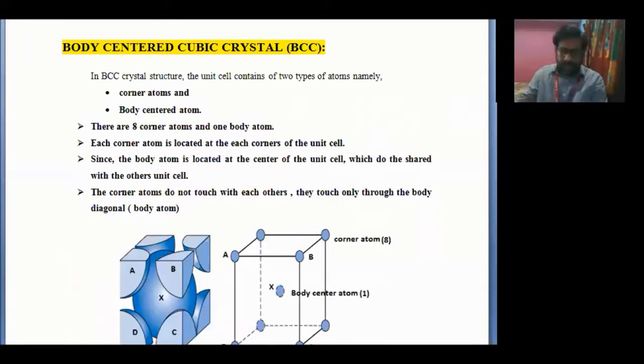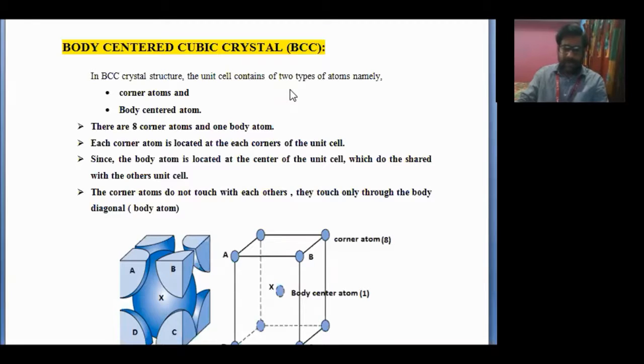As we know, crystal materials are classified into three types, namely simple cubic structure, body-centered cubic structure, and face-centered cubic structure. To study these three different types of crystal structure, we are going to consider four important parameters,